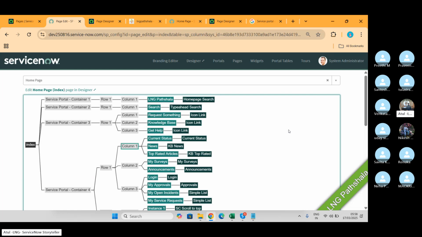This is a way to find out where you are stuck, how this has been defined on my portal, what structure it is following, what widget it is using. But the only thing is that you must know your page. That is important.